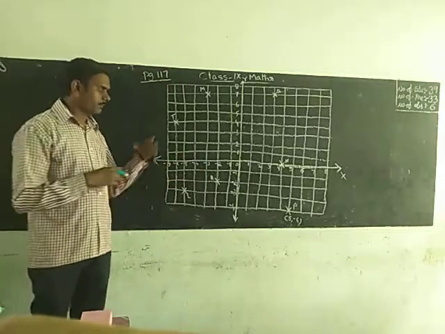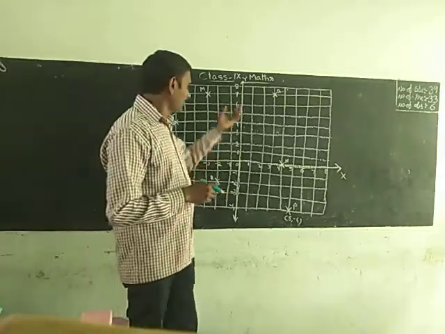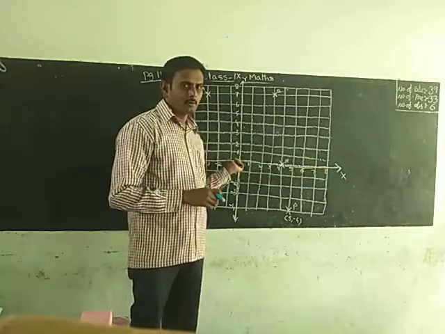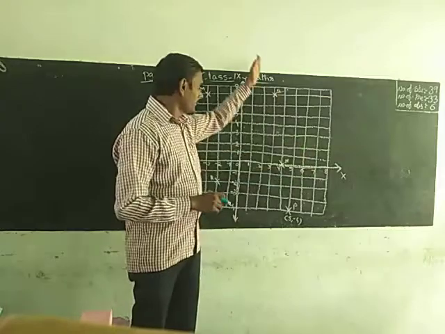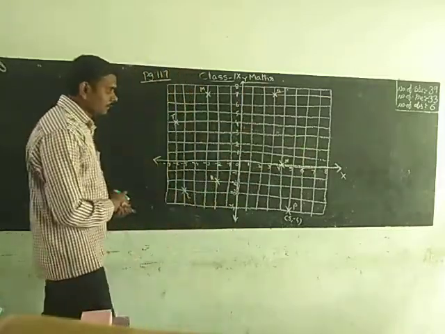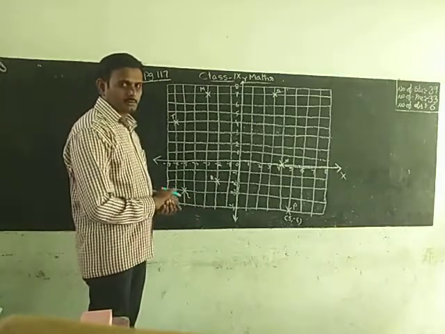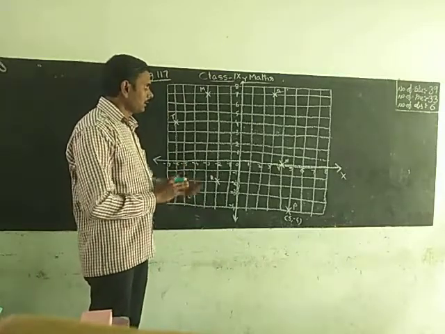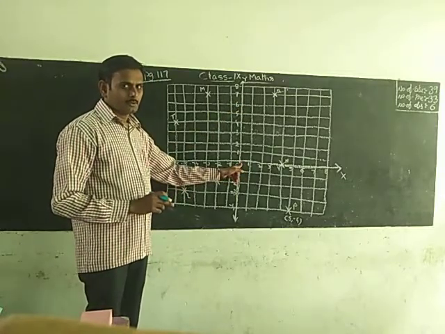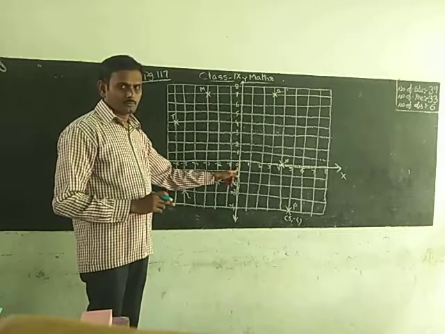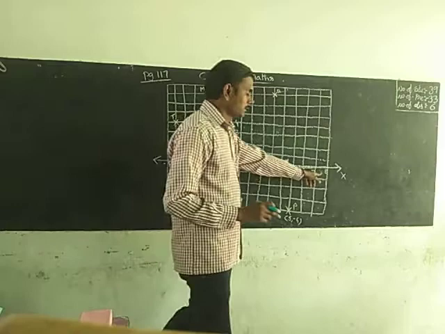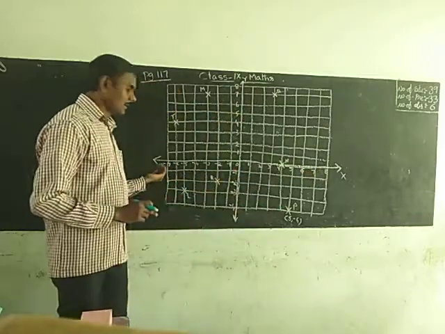They printed the graph sheet and drew the axes: the x-axis is the horizontal line and the y-axis is the vertical line. Here, the x-axis and y-axis meet at a point that is called the origin, denoted with 0. On the x-axis, to the right of 0 all positive numbers are given and to the left of 0 all negative numbers are given.